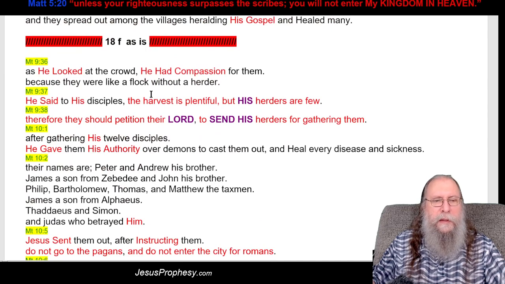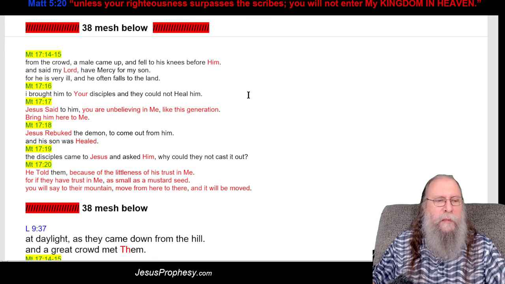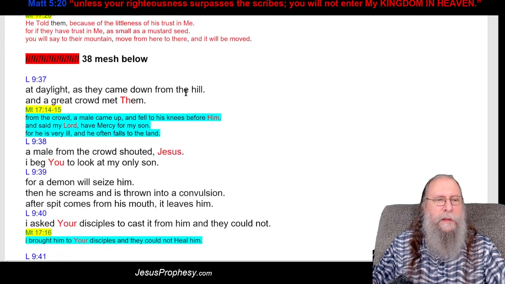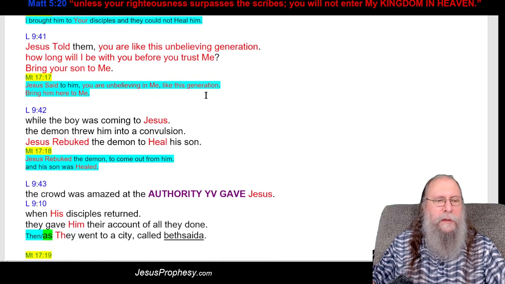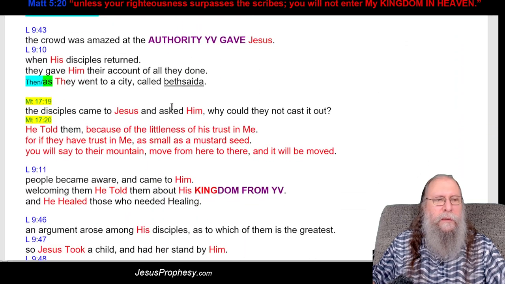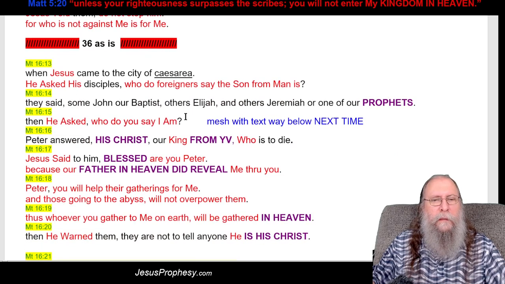This will be as is. And I'm meshing this below into the text here. And it looks like I only used these verses here. Okay, I've got a note here that it's as is, but